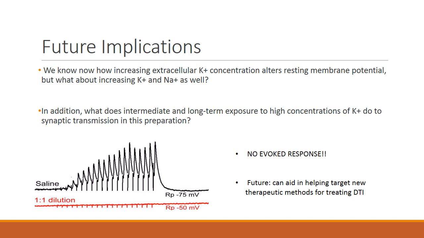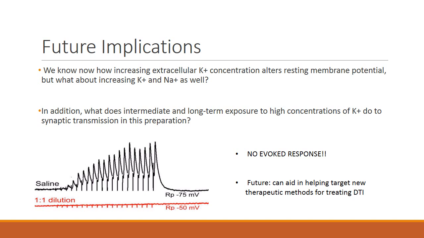Well, analysis by Dr. Cooper and his colleagues has shown that in a 1-to-1 dilution of muscle juice with saline, no evoked responses were measured when a sensory to motor circuit was stimulated. This suggests that synaptic transmission is severely disrupted upon exposure to a concentrated muscle juice solution. And it can be noted that the RP here was measured to be minus 50 millivolts, which our groups recorded in our analysis.